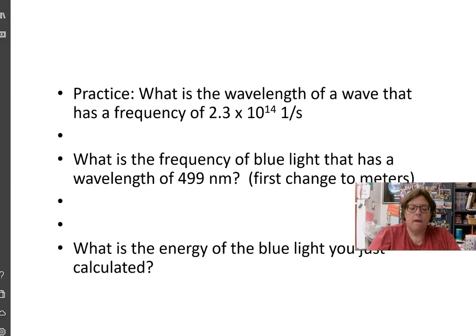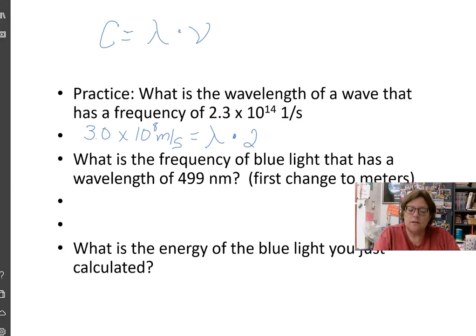So let's practice. We can do math with this. It's very exciting. What is the wavelength of a wave that has frequency of 2.3 times 10 to the 14th per second, or hertz? Okay, well, our formula, C is equal to wavelength times frequency. What did I say the speed of light was? You don't have to memorize it. It'll always be given to you. It's a standard. Speed of light is equal to wavelength, that's what we're solving for, times frequency, 2.3 times 10 to the 14th,